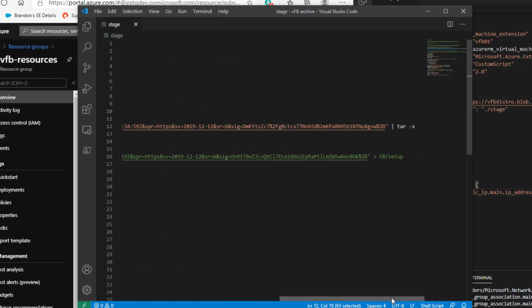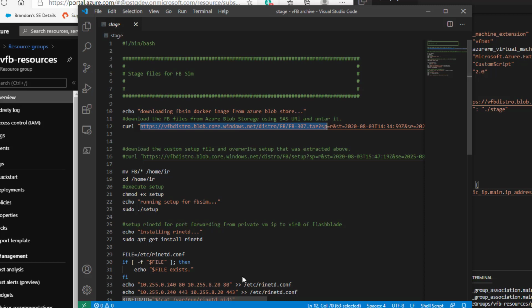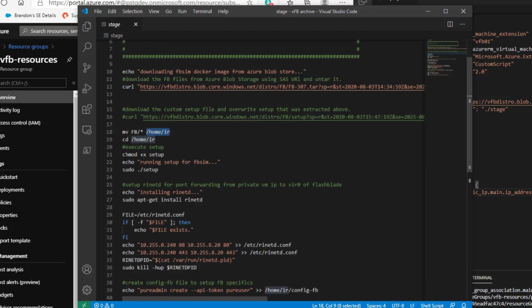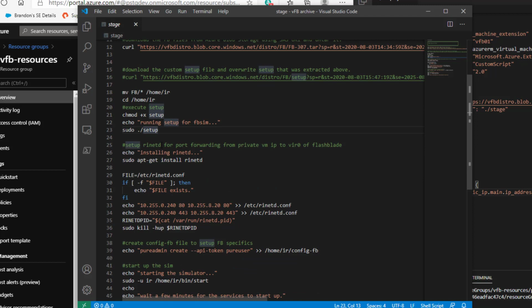And this is that fb-307.tar file, which is the distribution of all the FlashBlade simulator files. All right, so once it does that, it's going to jump in, it's going to move everything inside the extracted FB folder to the home dir folder, CD into that folder, and then execute the setup script. Okay, the setup script's going to run,